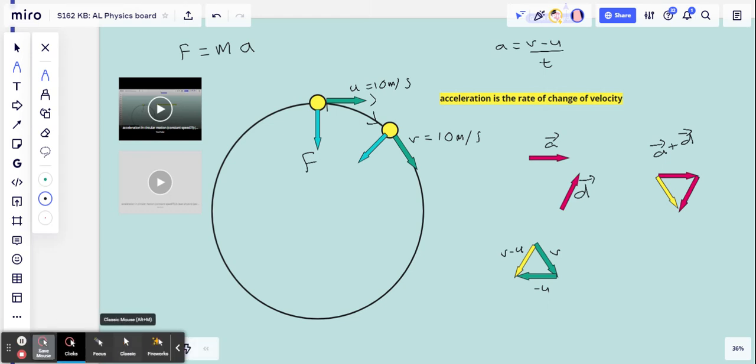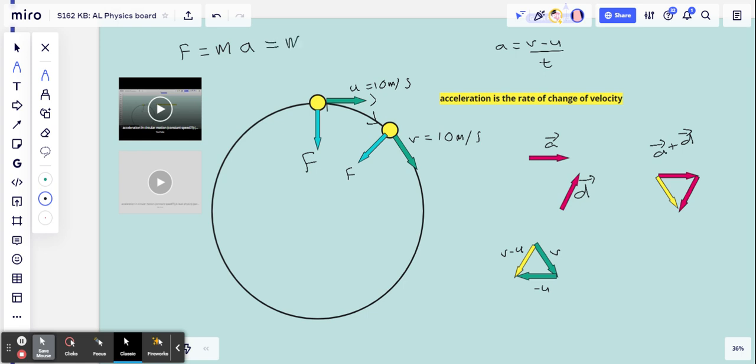So basically, as I said, if something is moving in a circle, we've just proven that it's accelerating towards the center, even though it's moving at constant speed, which is kind of weird. But now we know why, because acceleration is the rate of change of velocity, not the rate of change of speed. Also, if it's accelerating, there must be a force, and that force can be calculated